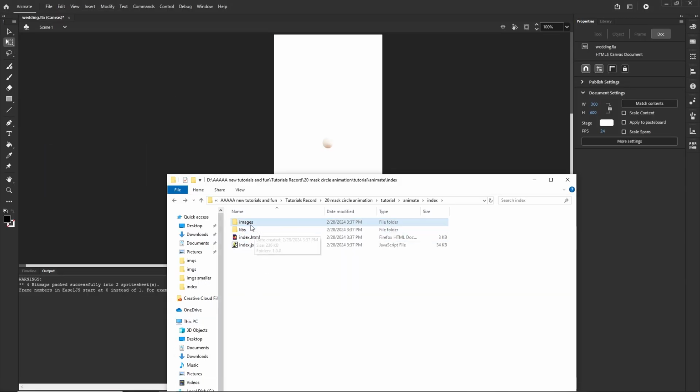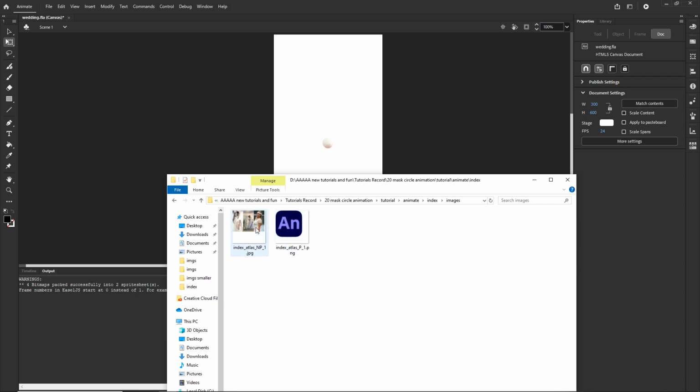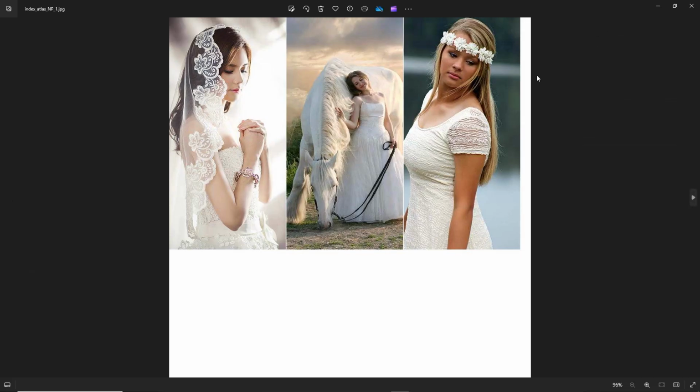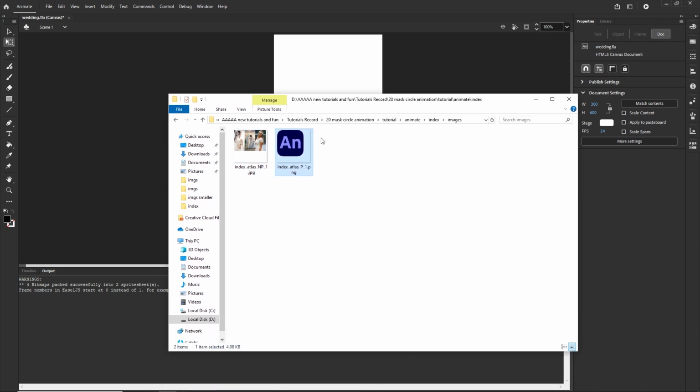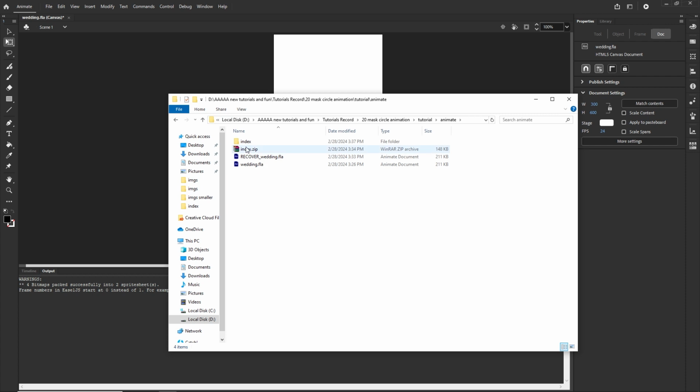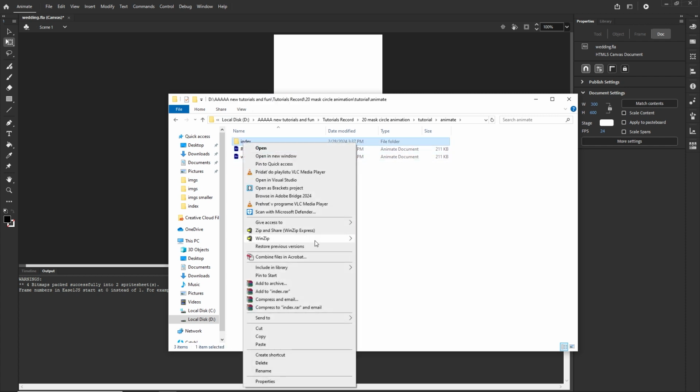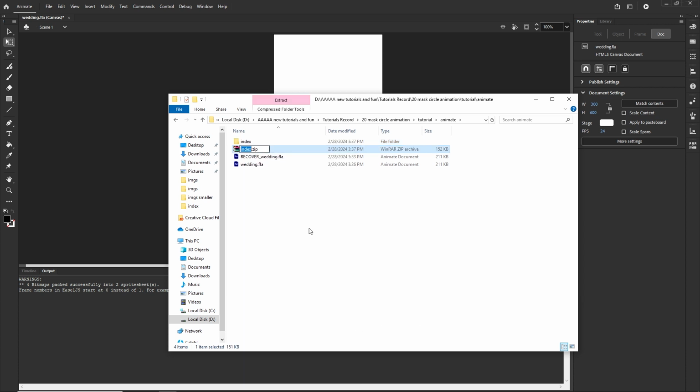So right now I am going to have only two things, and I am going to have my JPEGs separated, and I am going to have my Adobe Animate logo, which is a PNG, separated. And yeah, right now if I go in here to my index, I will delete the old one, and I'm going to right click, and I'm going to choose send to, and I will go with compressed zip folder. We are going to have